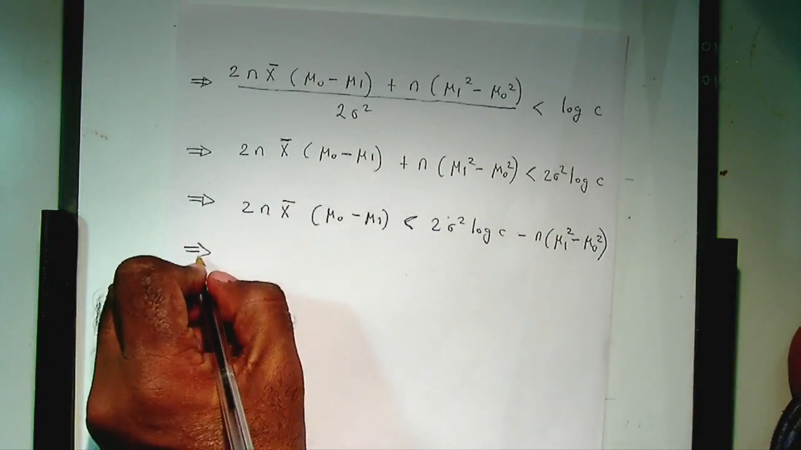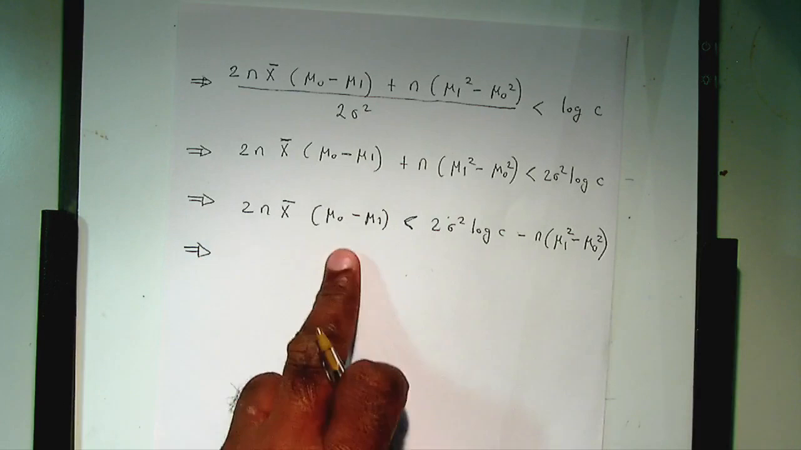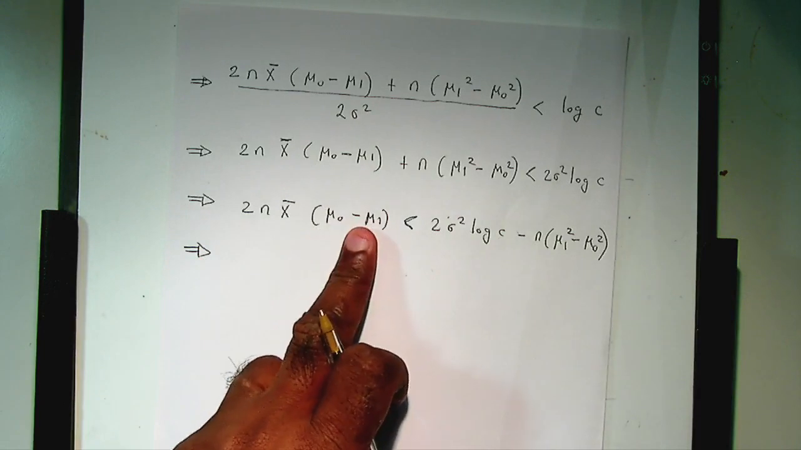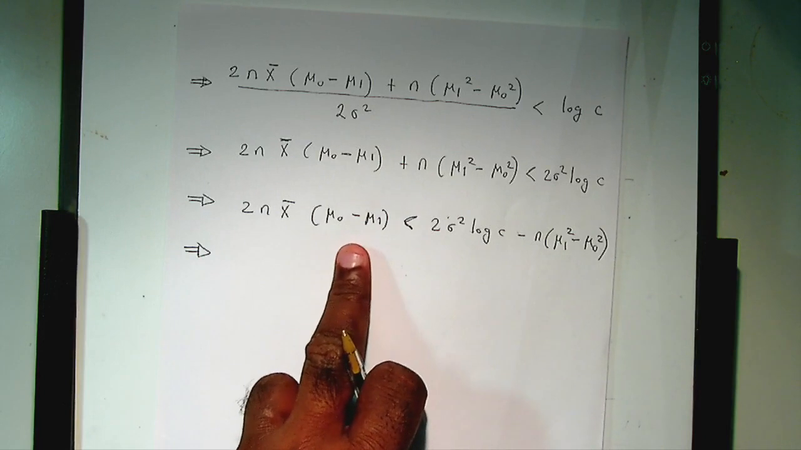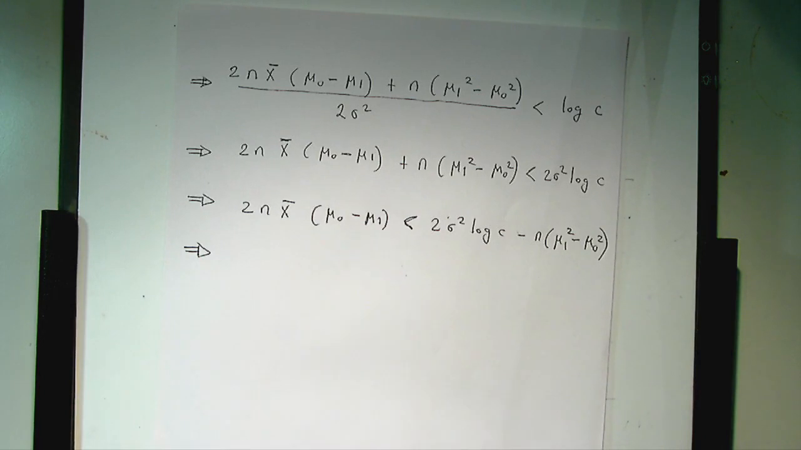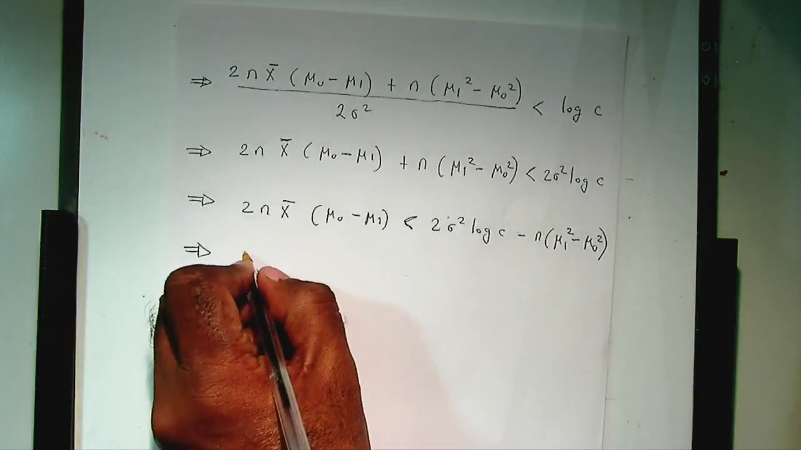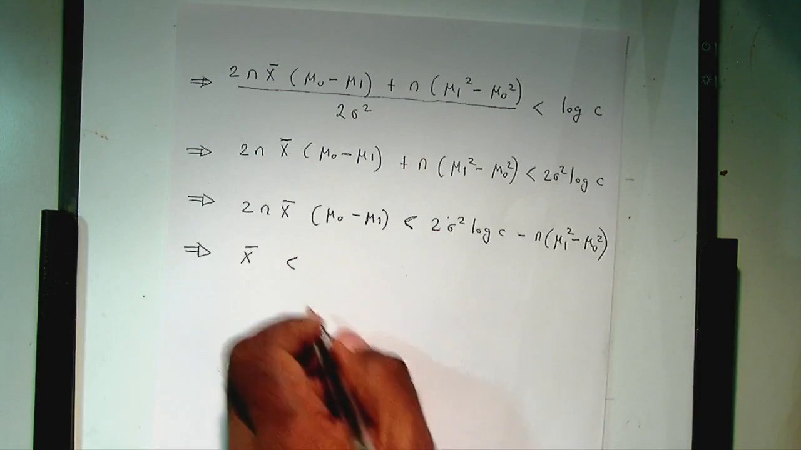And finally, I'm going to divide both sides by mu0 minus mu1. Now, before you decide to divide both sides, you must determine the sign of mu0 minus mu1. If you go back to the beginning of this problem, you will see that mu1 is less than mu0, right? So that means mu0 minus mu1 is a positive quantity, right? So you should divide, you get